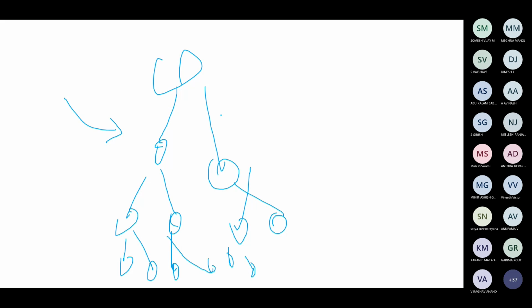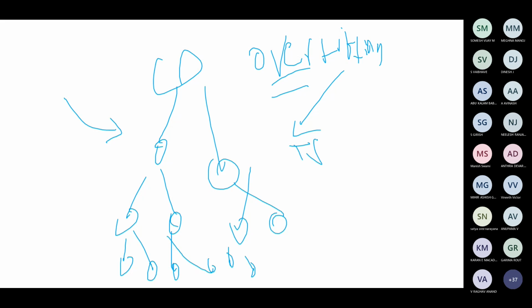So what is the example of a decision tree? When you grow the tree till full depth, is it underfitting or overfitting? Overfitting, sir. Very good, excellent. Why is it overfitting? Because since I have grown my decision tree to full depth, my training error will be 0. You have done this in your lab also. 100% accuracy you will get. But when I apply test data, the prediction accuracy will start to decrease.